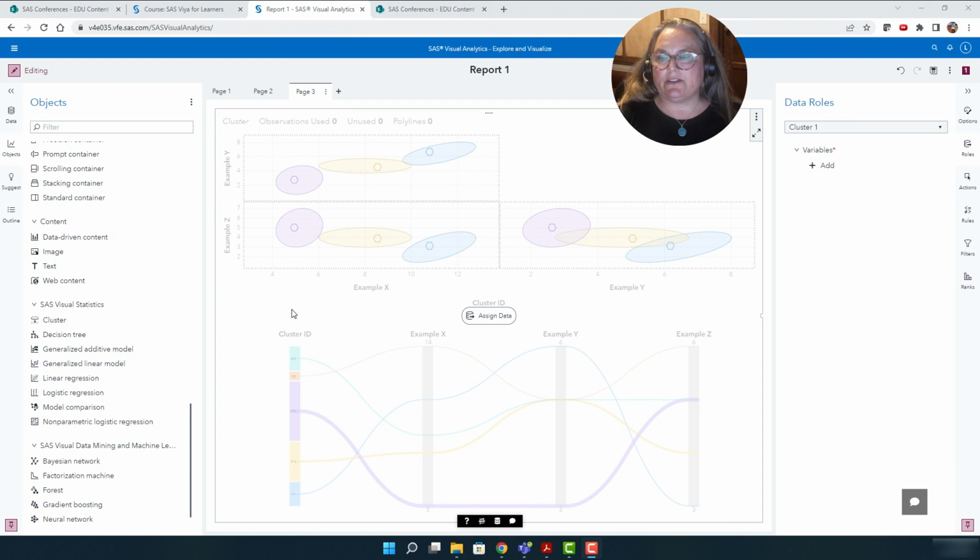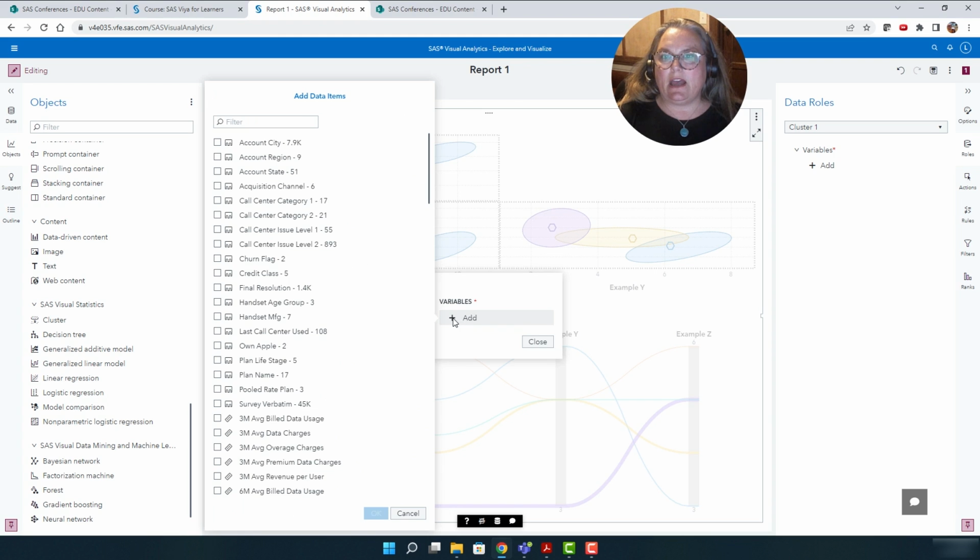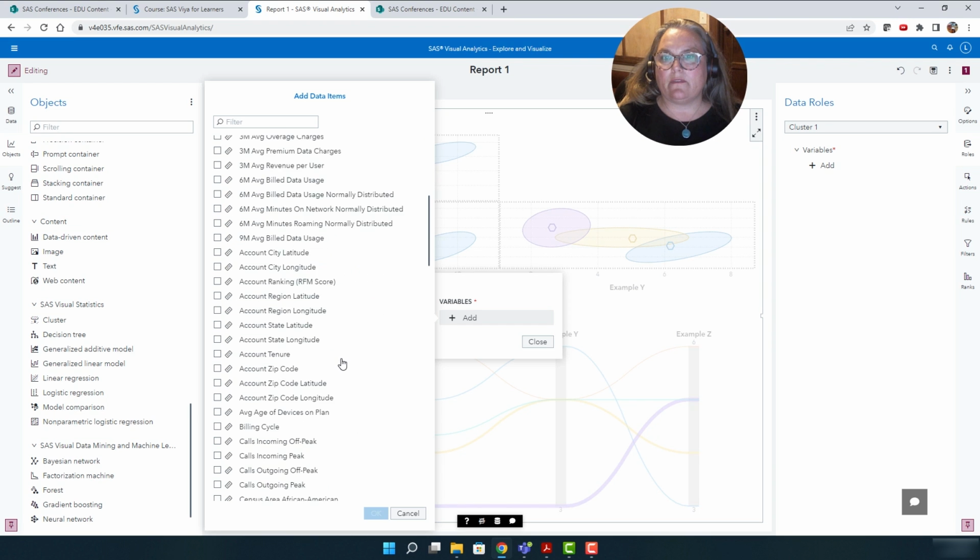To perform the cluster analysis, we need to assign some data. I'll select the assigned data in the center, and then I can go into the data items and select as many items as I would like. Now remember, we are looking to understand why we lose customers. So let's see what might play a part in this.